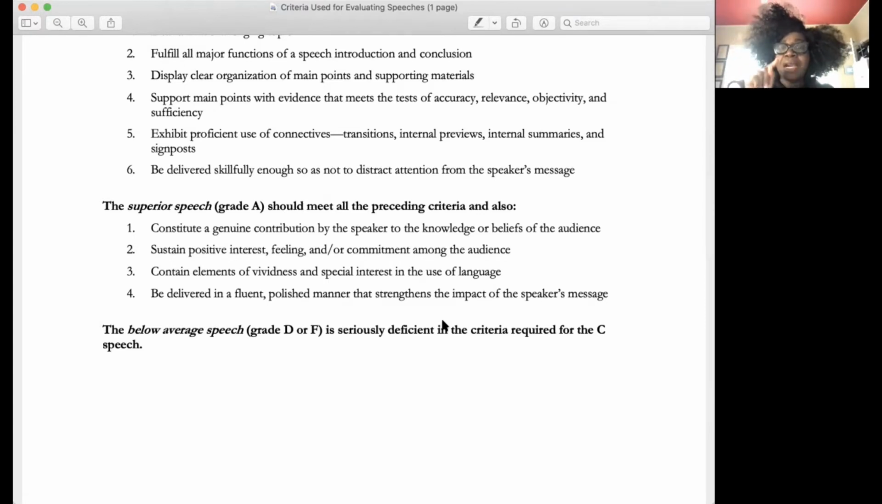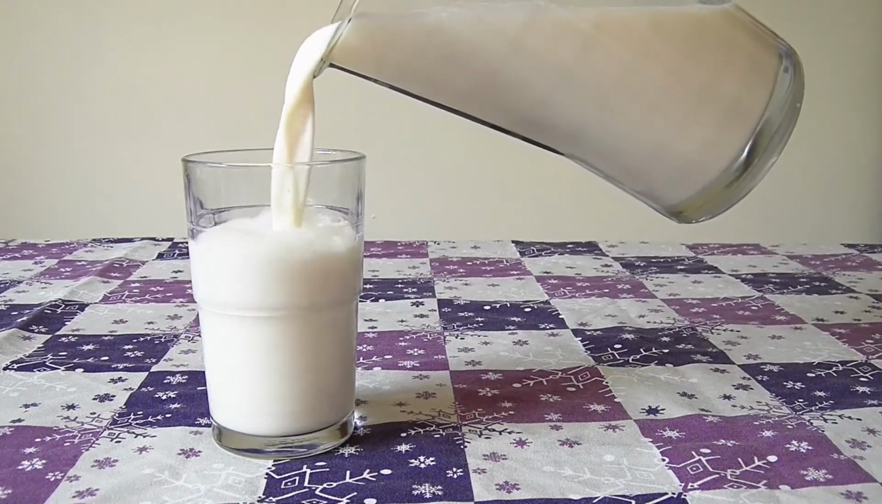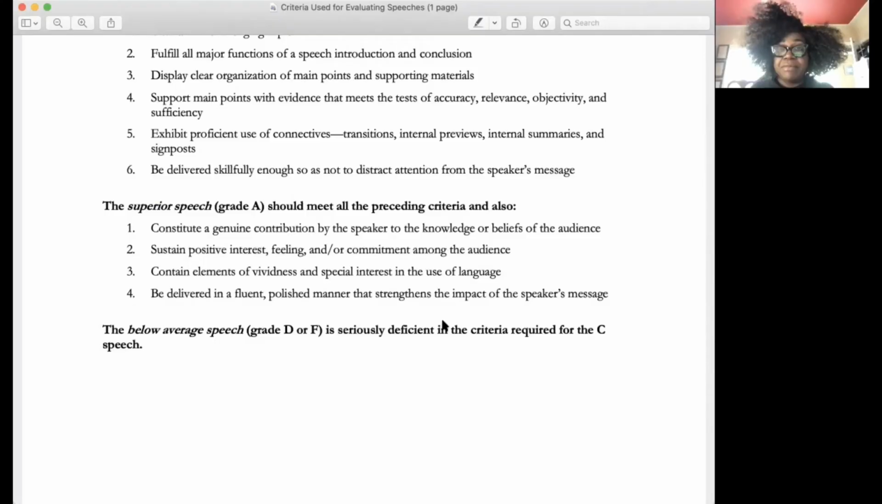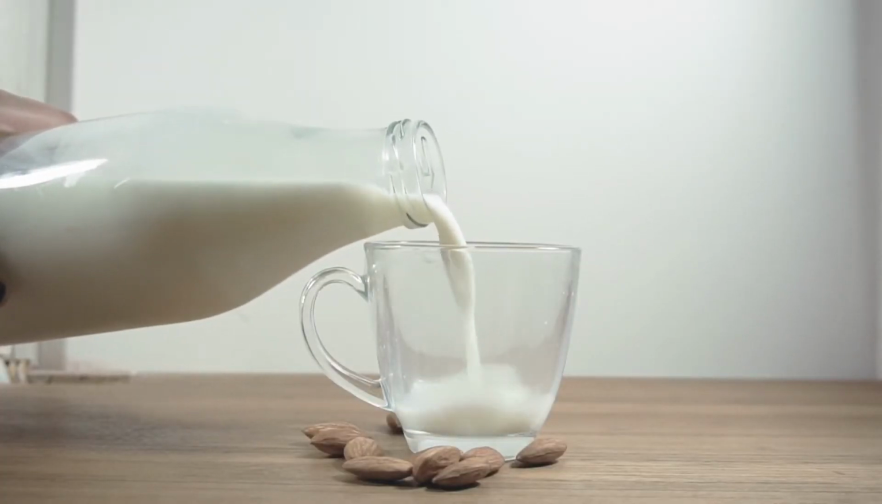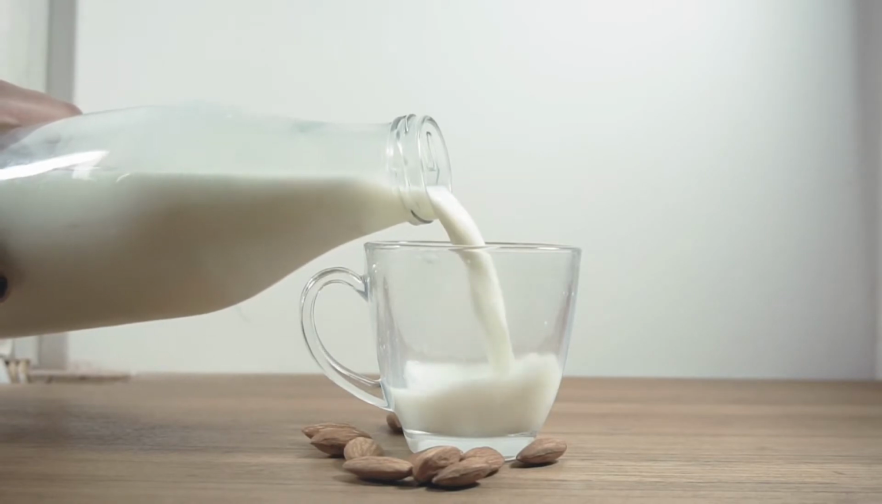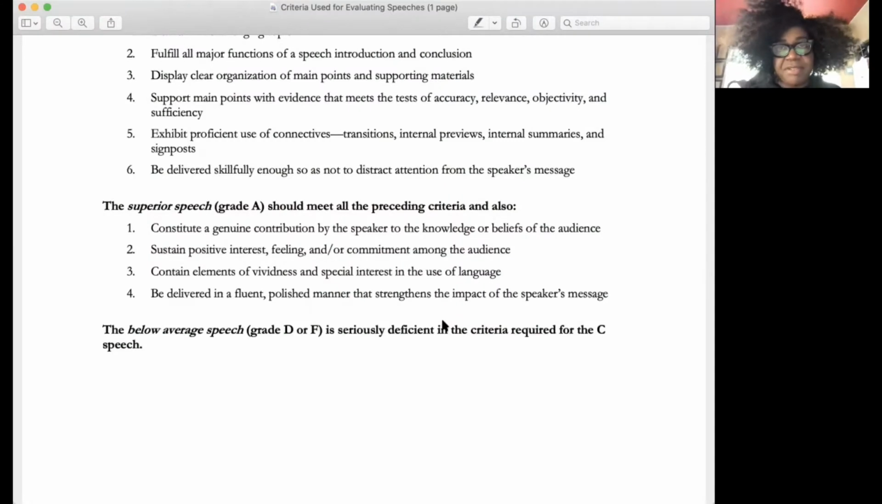And you are going to add to their knowledge or to their beliefs. Let me say that again. A genuine contribution, okay? So if you decide to talk about health and fitness, it will never be an A or a B speech. If you decide to talk about productivity, it will never be an A or a B speech. If you decide to talk about